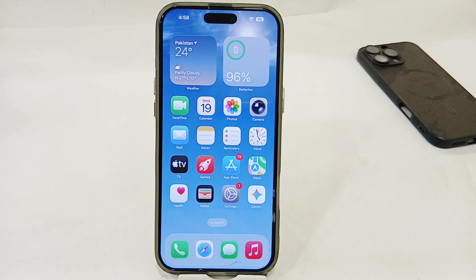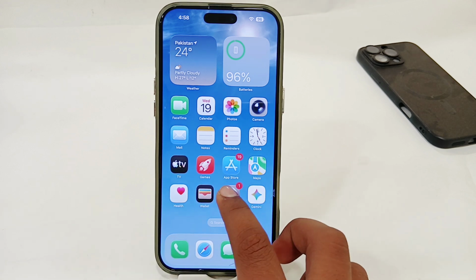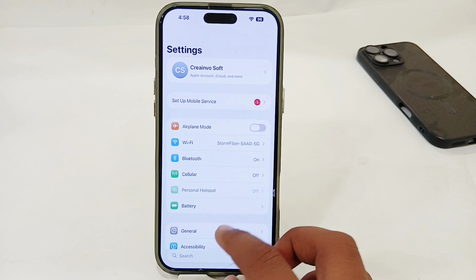Hey guys, today I'm going to tell you how to turn off auto brightness in iPhone. If you're using any iPhone or iPad and you want to turn off your auto brightness, let's see how you can easily do that. You have to simply open your Settings app here and very first go for General,